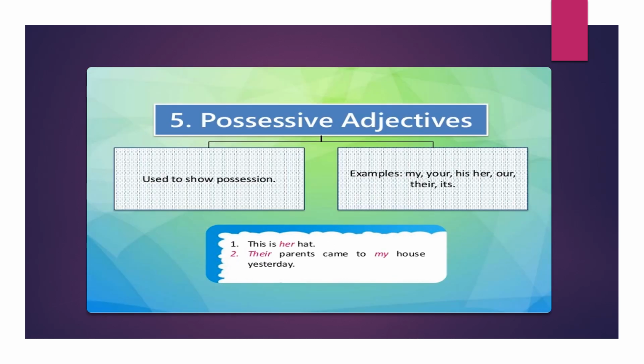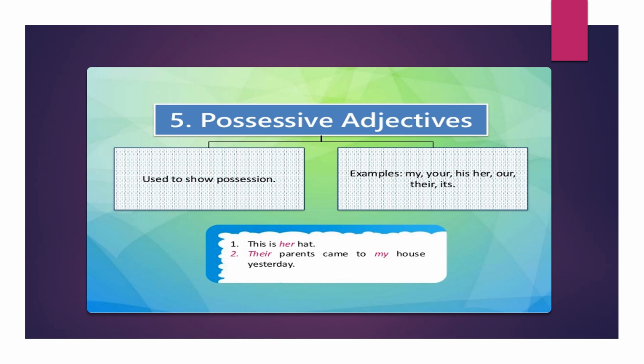The next kind of adjectives are possessive adjectives. They show possession, your ownness towards a certain thing. My car, my friend, your pen, his Lamborghini, her bag, our home, their trees, its tail. So it's talking about the possession of something or somebody.